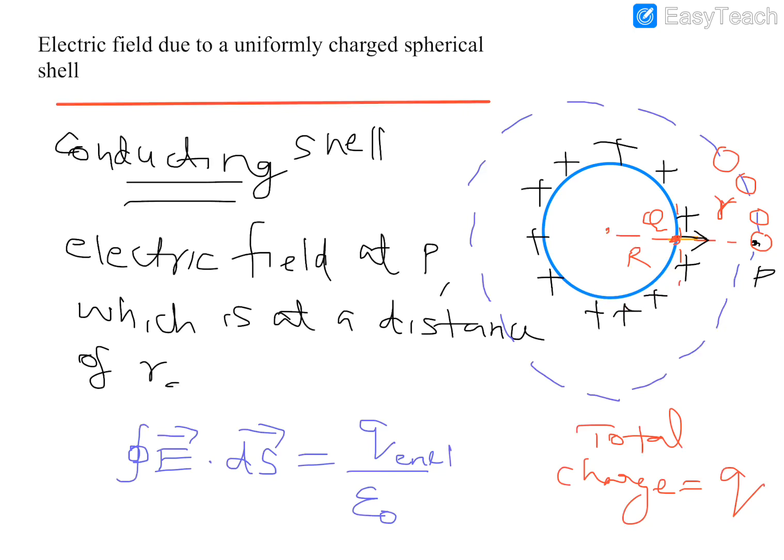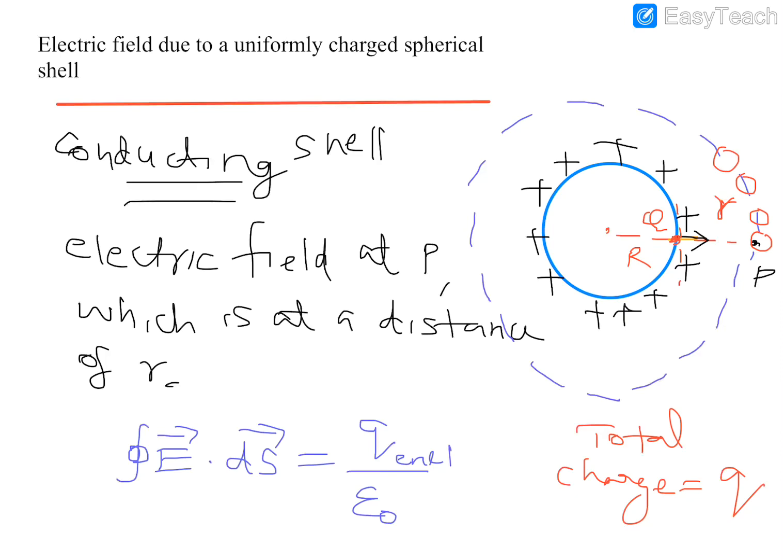Okay, then you will do the same thing. Instead of this small letter r, you are having a capital R here because your Gaussian surface is same as this one. Here first case, this is the Gaussian surface because your point is here. Second case, your point is here, so your Gaussian surface is same as your spherical shell. So this R is nothing but the radius of Gaussian sphere. Here in second case, your Gaussian sphere is also having the same radius as that of your original shell.